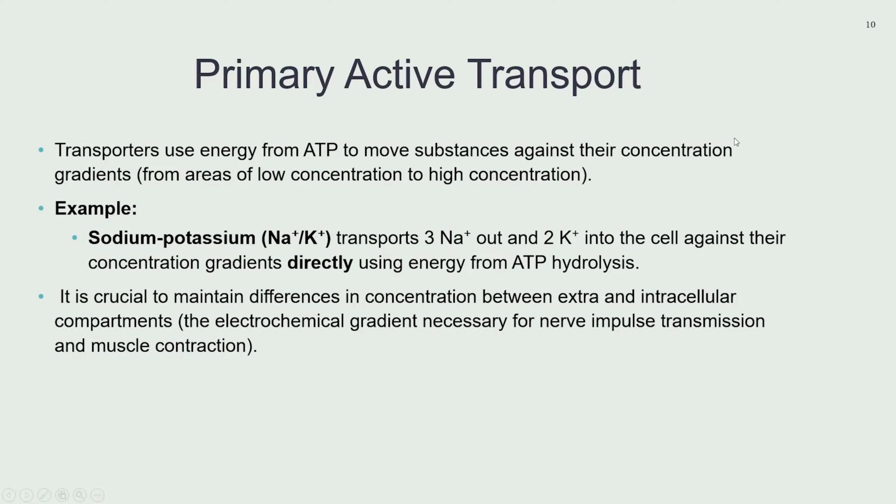And the next topic is understanding the differences between primary and secondary active transport. First of all, what is primary active transport? It's the movement of substances against their concentration gradient by directly using energy from ATP, from low concentration to high concentration. The classic example is the sodium-potassium pump,